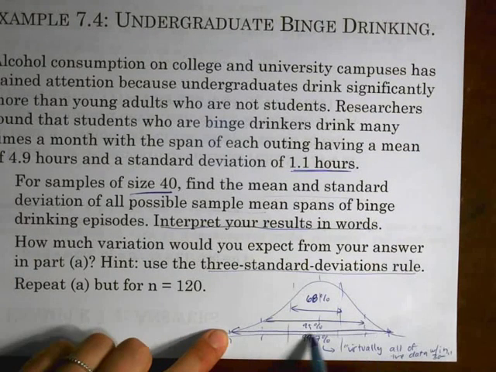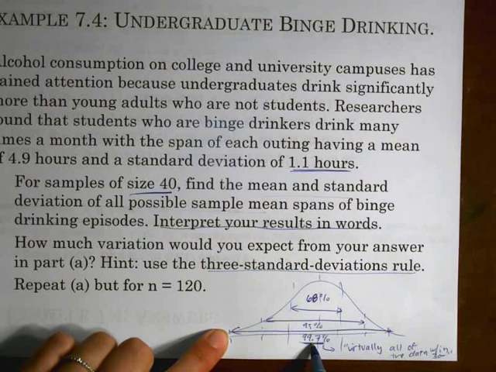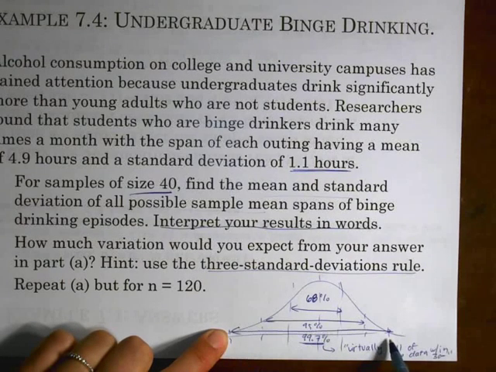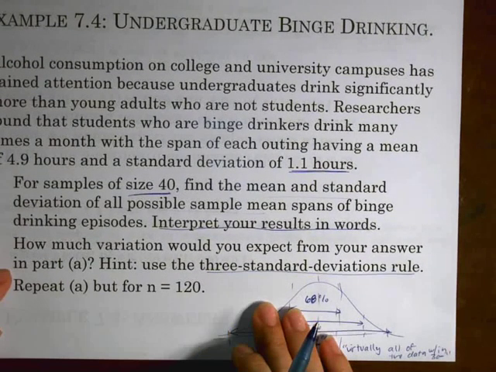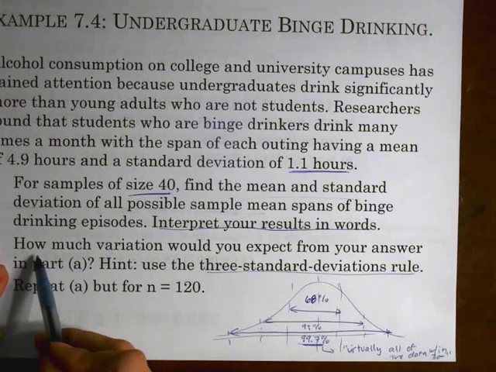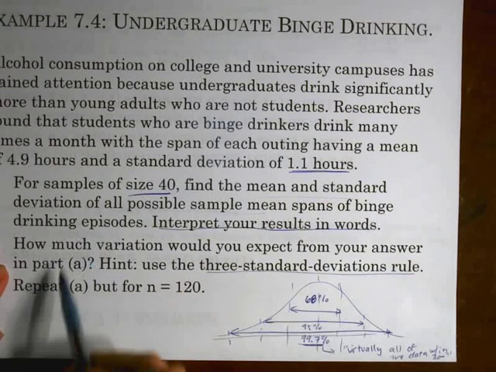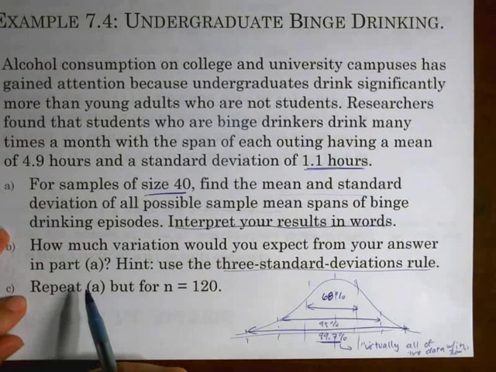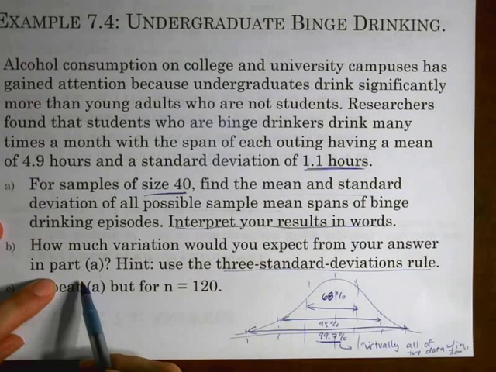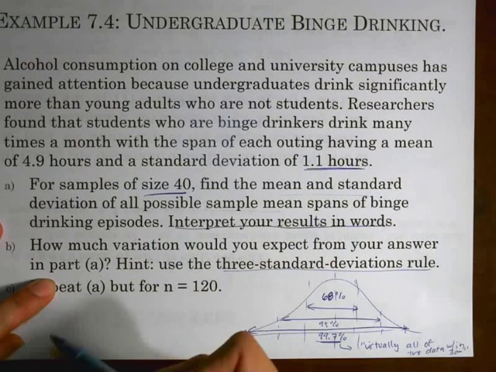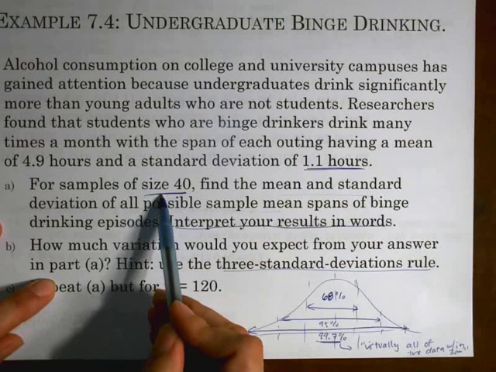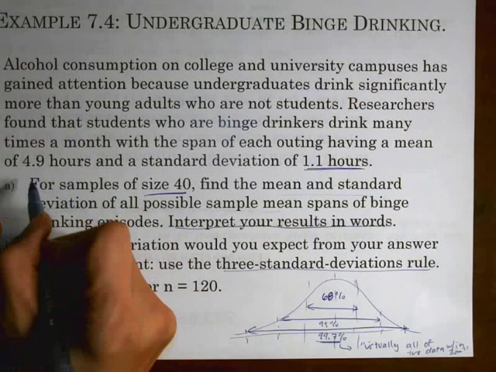So virtually all of the data are within 3 standard deviations of the mean, because for normally distributed data, 99.7% of all observations fall within 3 standard deviations of the mean. Okay, so in this question, how much variation do you expect from your answer in part A? The question is asking, okay, so